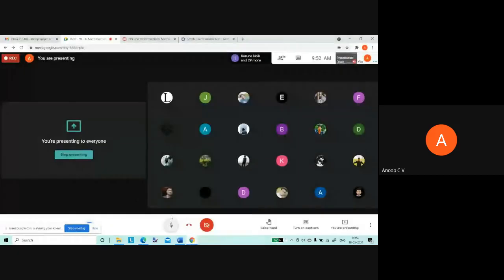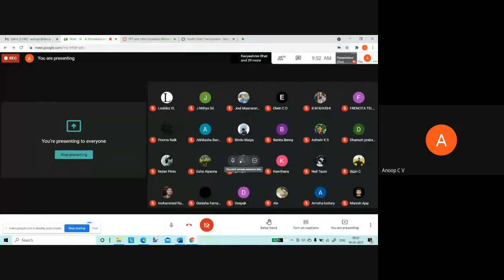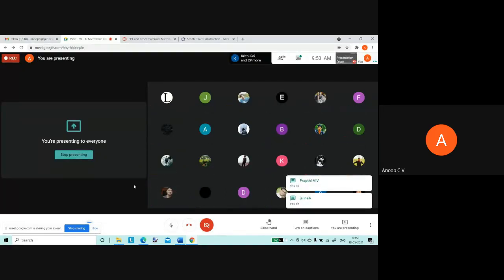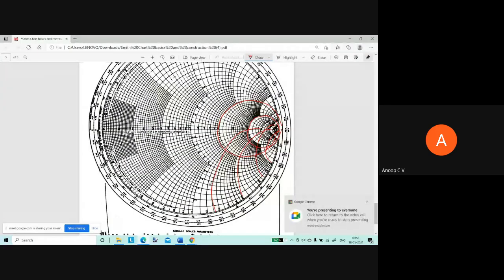Please do type in. Initially we didn't know anything about the Smith chart, but now a little bit we are able to understand it. It's not that complicated. Initially, when you saw that, you were not able to identify those two sets of circles, I guess. But now you should be able to identify. These are four different values of R and X. So those values will be written here.